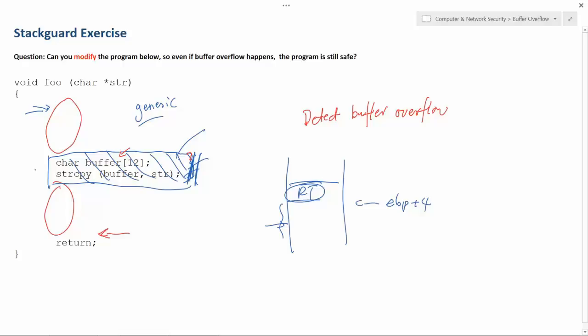Can I save that on the stack? No, okay, that's good. I cannot save it on the stack because the stack is eventually going to be overridden by the attacker. Whatever I put in there, it's not going to work. Where do I save it?